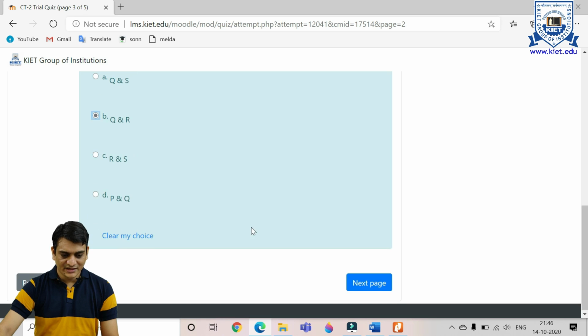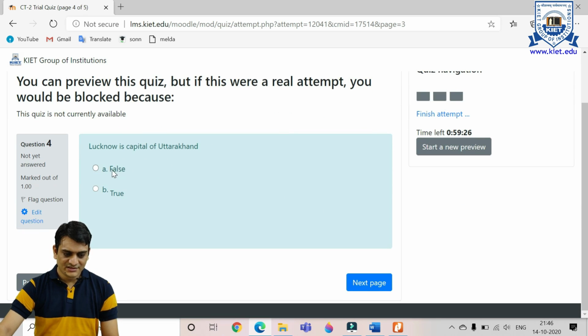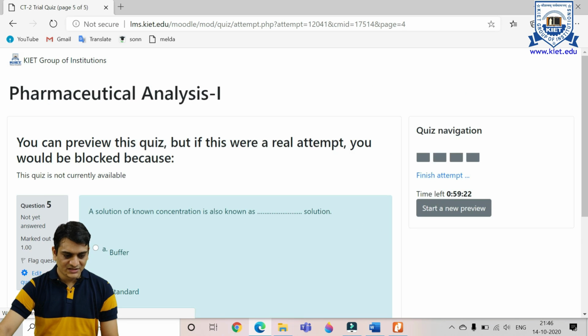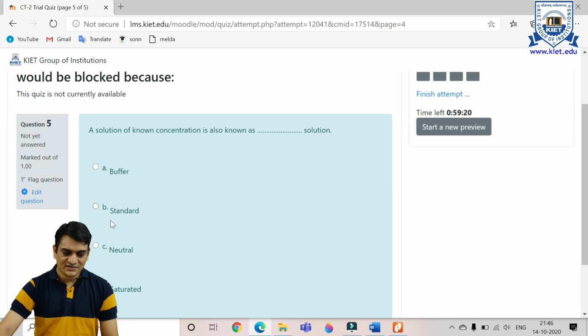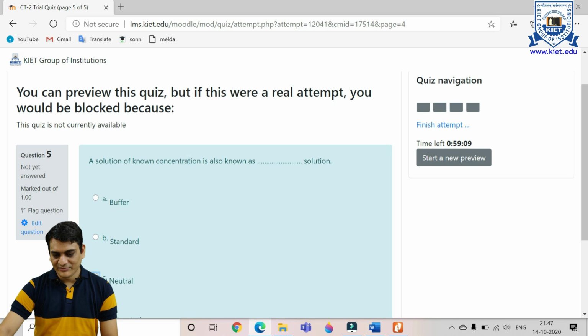So this will be the correct answer. Next page, it is false. Next page, it is a standard solution. For example, I don't know what the correct answer is. I have clicked neutral. Then here you can see the time left, it is also showing the time left.